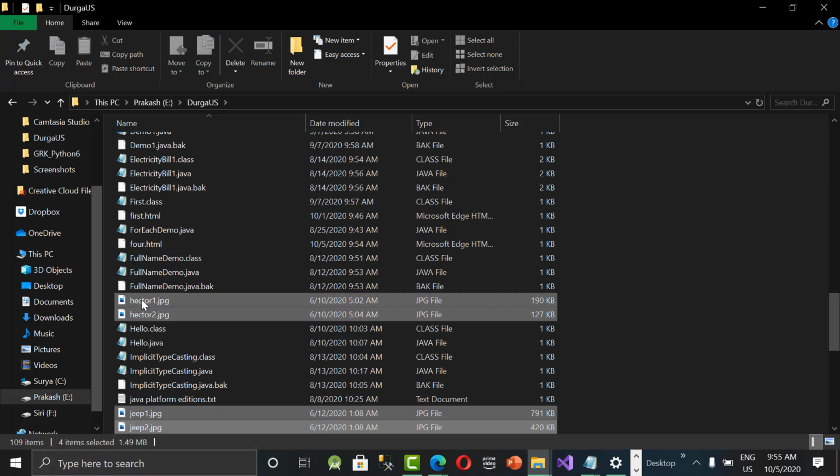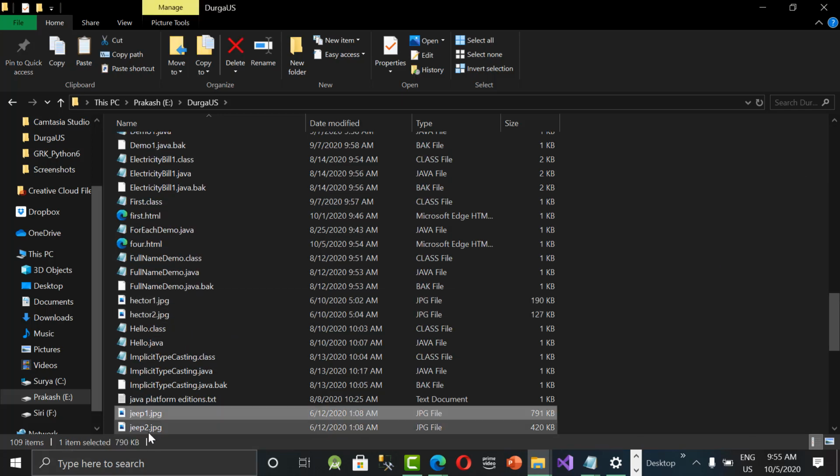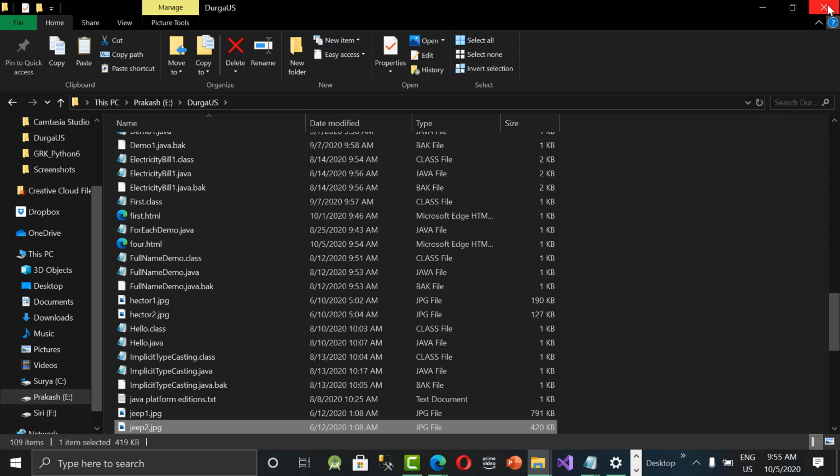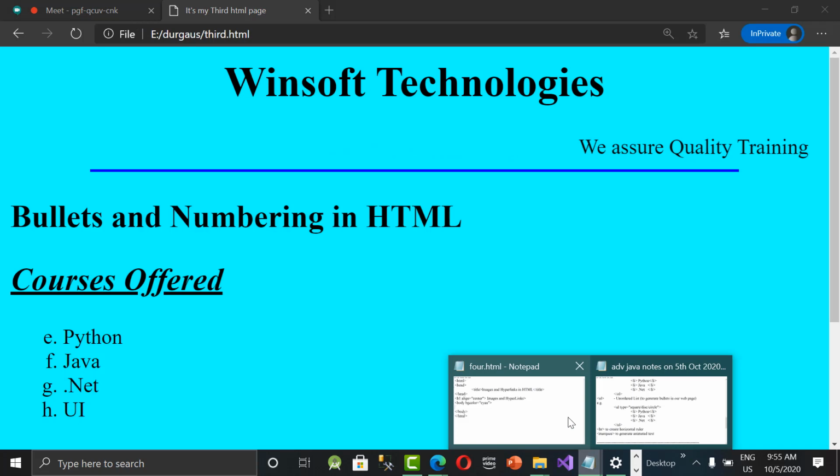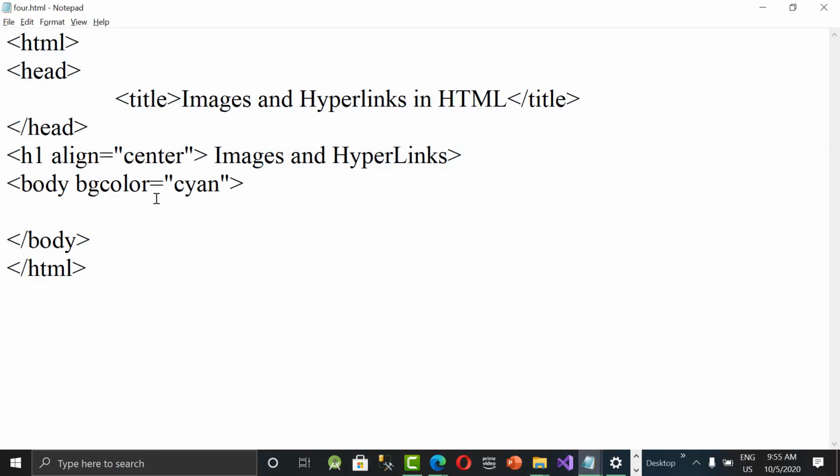Hectare1.jpg, hectare2, jeep1.jpg, jeep2. Let's go for showing images. There is something called img tag to display images in our website. img src means source from where you want to display the image. Same folder means we need not give the path.